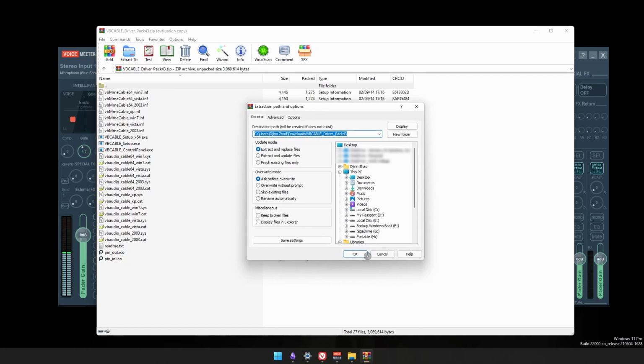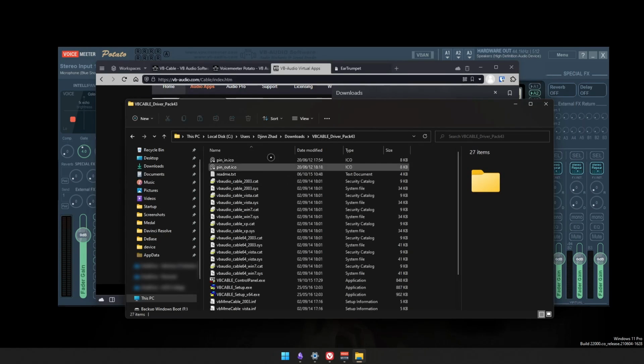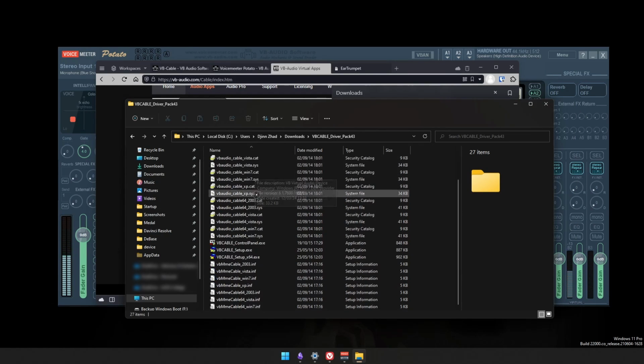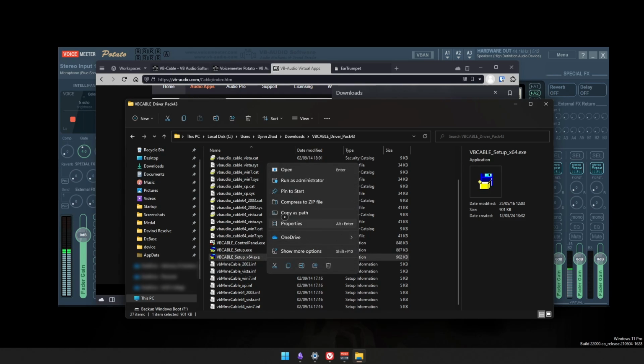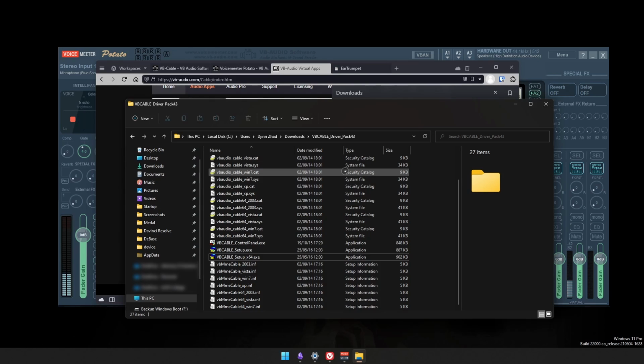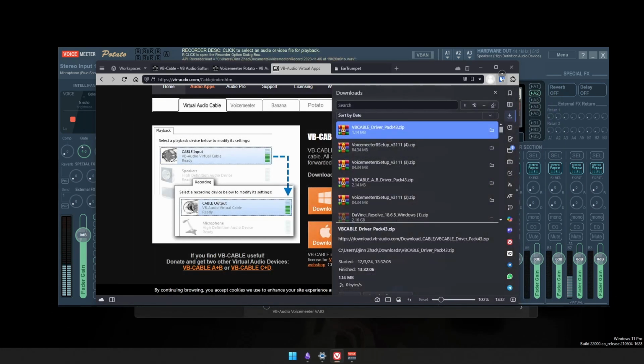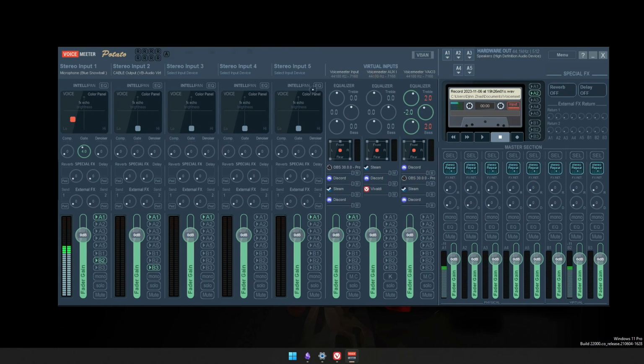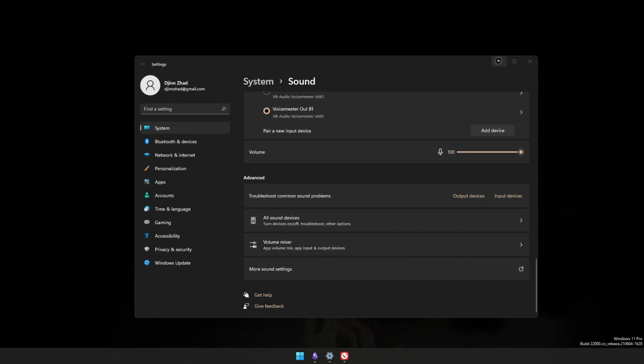You want to extract, open up the folder, and you'll find 2 setups. 64 is usually what people run as administrator. Go through the process, install everything, and restart your computer. And that's your virtual cable setup. Once you've rebooted your computer,